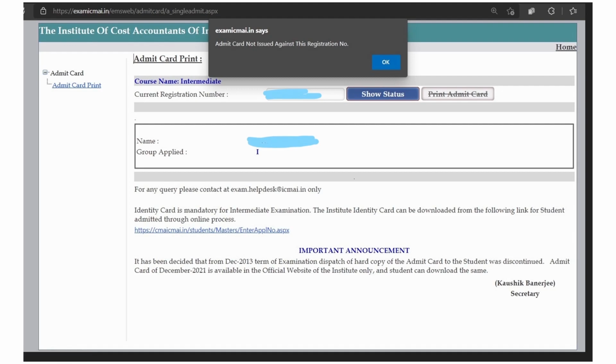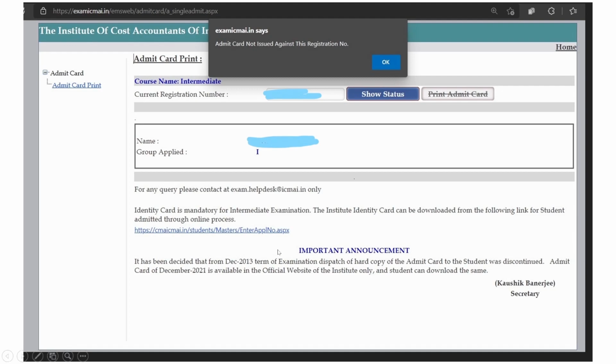If you already received an SMS that the admit card is not issued for your registration number and your exam will start on January 3rd, it is the final confirmation. So your exam will be from 3rd January, for which the schedule will be given by the institute in due course. And regarding the printout, many students say that they are unable to print this admit card, so they have taken a screenshot, which is not very clear.